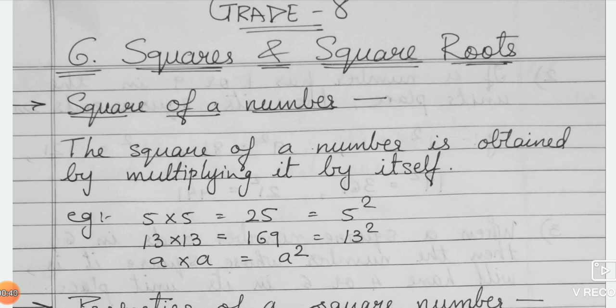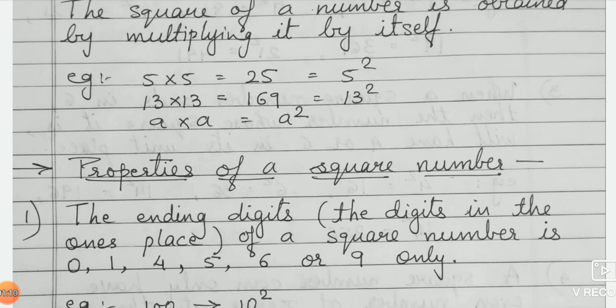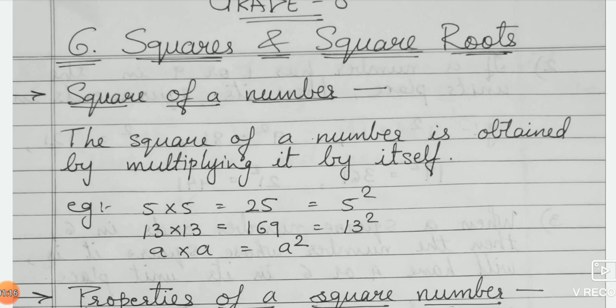So, for example, we can take a into a, that is a square, where a can be any natural number, that is only a positive number. Why only a natural number? Because multiplying any negative number by itself, you get a positive integer only. So in squares you will always get a natural number. So how you can understand this in this chapter about squares and square roots. So first of all we will go through squares of a number.